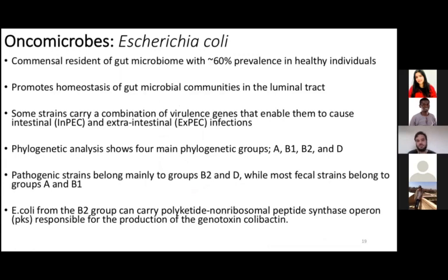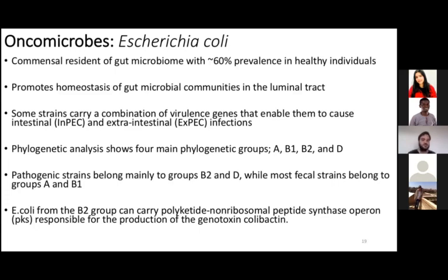So basically, this is a species that is a commensal resident of the gut microbiome, and it's prevalent in 60% of healthy human feces. It's been shown to promote homeostasis of gut microbial communities in the luminal tract. However, some strains have been shown to carry a combination of virulence genes that enable them to cause intestinal and